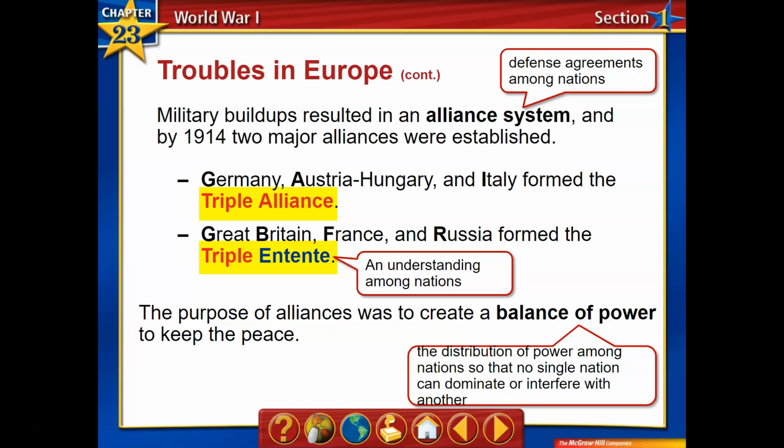This isn't exactly how the sides are going to work out. Particularly Italy is going to actually fight with Britain and France as well as Russia as the war gets started. But the whole purpose of these alliances was to essentially create a balance of power to kind of help keep the peace. So balance of power is that kind of distribution among nations that no one single nation can dominate